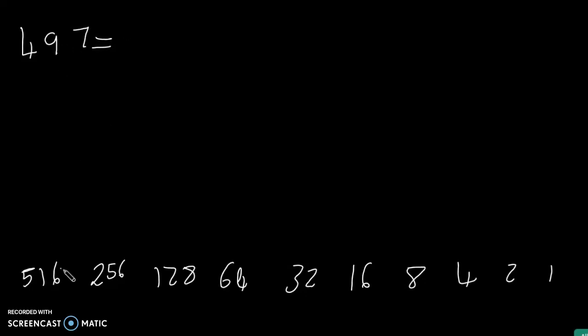From this number, we can tell that 512 is greater than the number that we're trying to convert. So we're not going to use this one. We're going to start from here. You can tell that this is smaller than 497, and it is the greatest amongst these numbers that we have here. If you don't want to write that list, you can just say, I have used this,